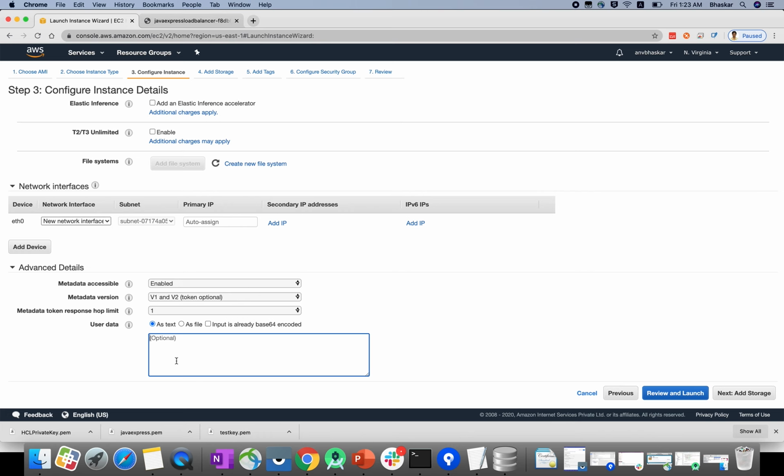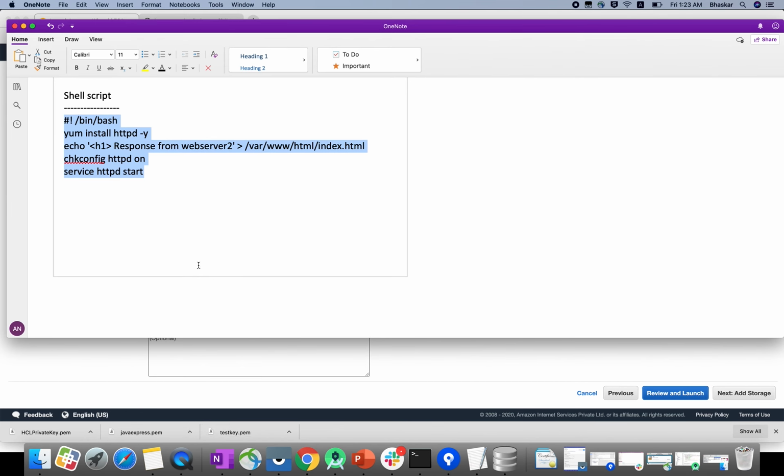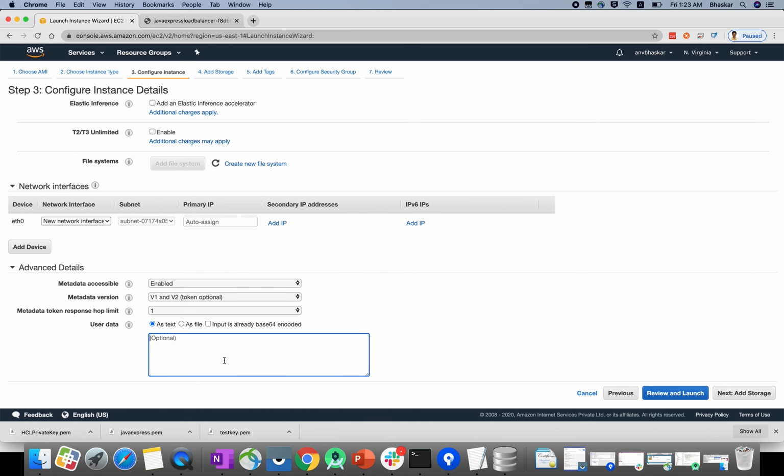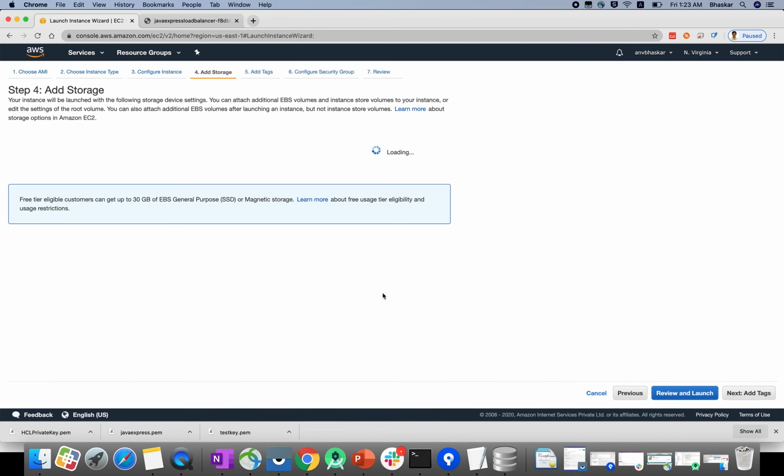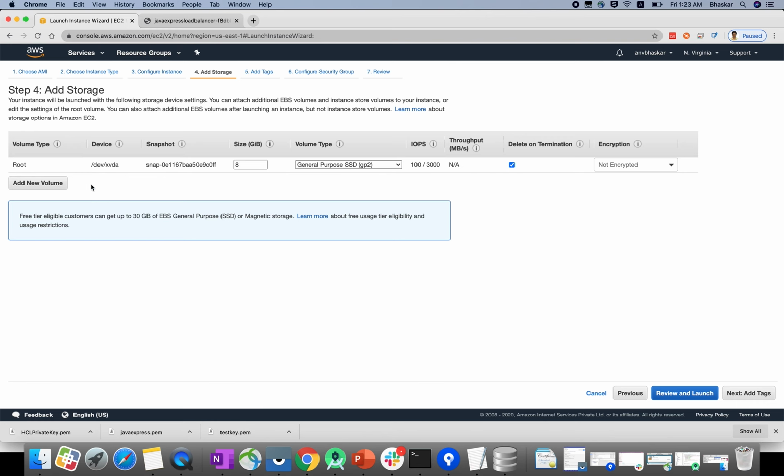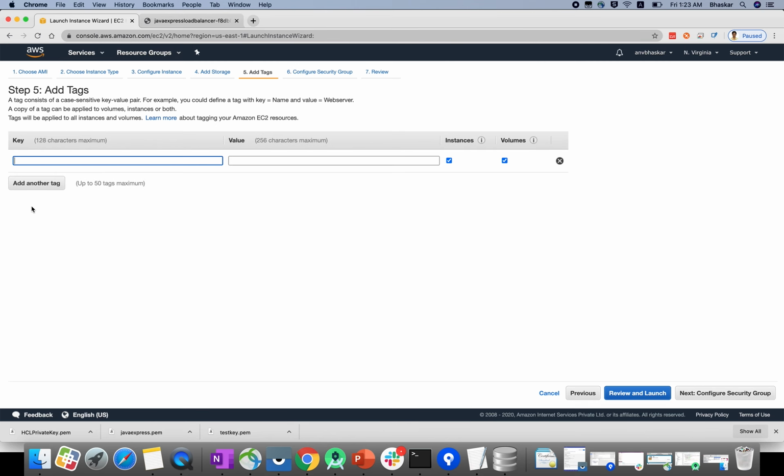Here you need to provide your shell script, right? This time I will go with web server 3 and we can give this data. We already gave web server 1 for 1A and web server 2 for 1B. Now this is web server 3. Click add storage, and you can attach the same tag, give your tag name ELB3.